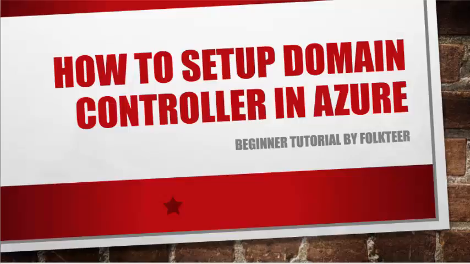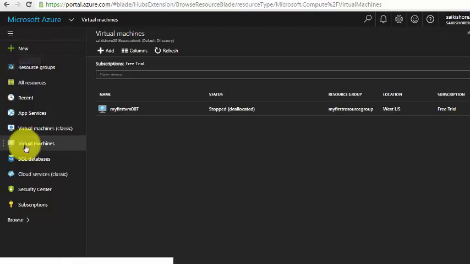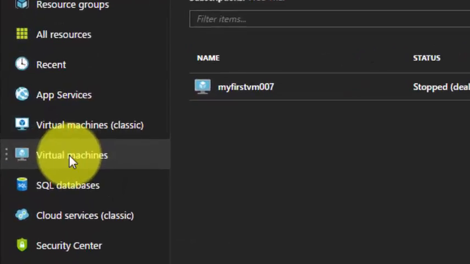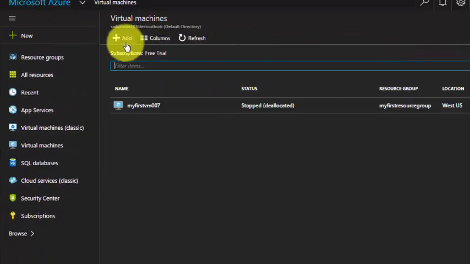Today I'll be showing how to configure a domain controller under Microsoft Azure portal. Right, so I've already logged on to my subscription. Quickly click on new, or what you can do is you can just go to virtual machines and click on add